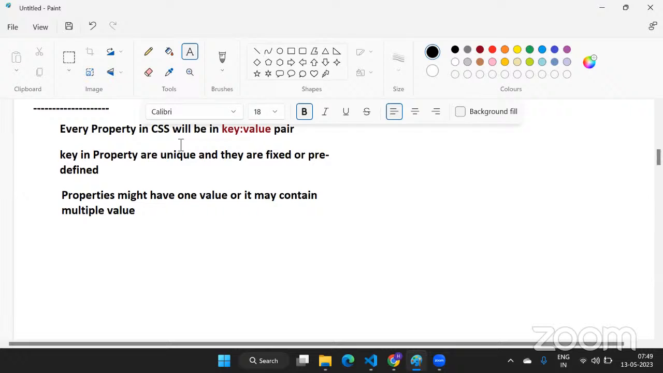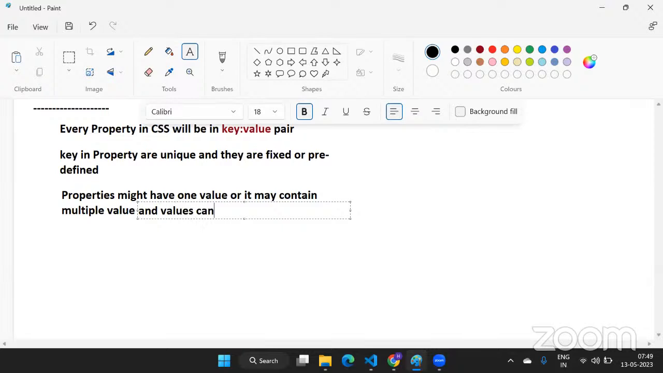Okay, so every property in CSS will be in a key-value pair. Keys in properties are unique and they are fixed or predefined. Properties might have one value or they may contain multiple values. And values can be predefined